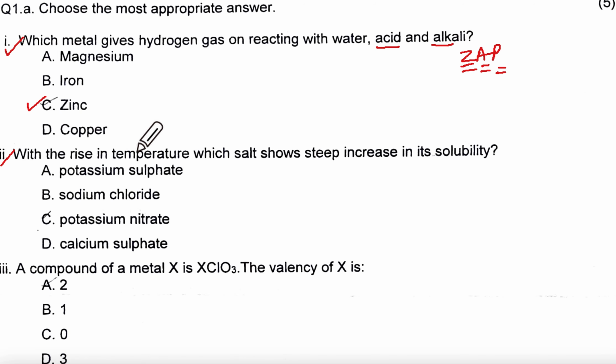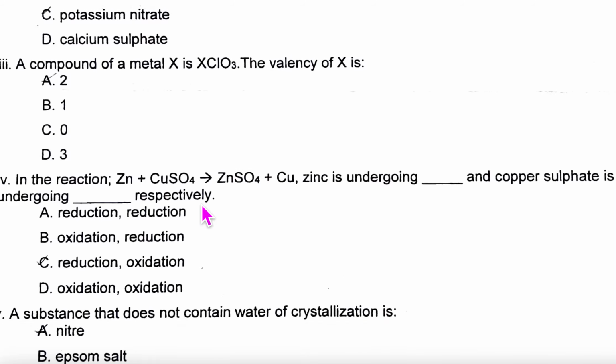Then, with the rise in temperature, which salt shows steep increase in solubility is potassium nitrate. That solubility curve, you must remember which graph goes like this, which one goes like this, which one goes like this and like this. You have to remember all those things. We come to